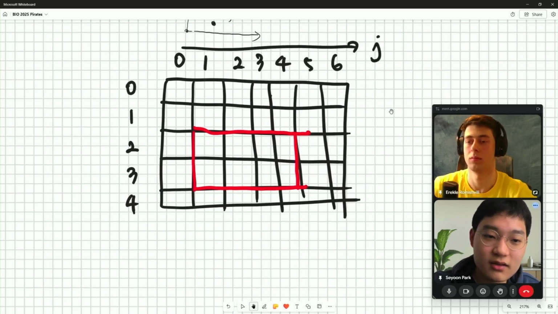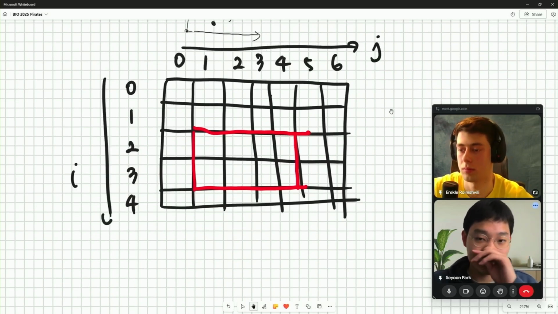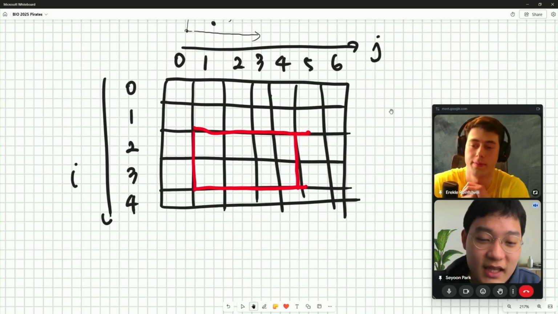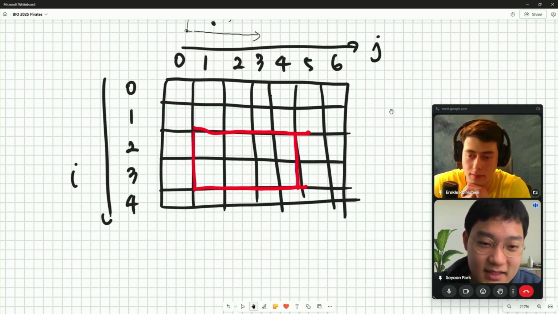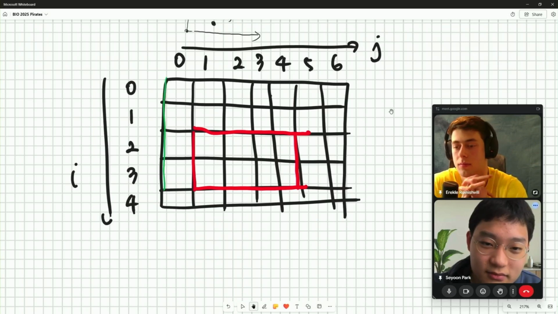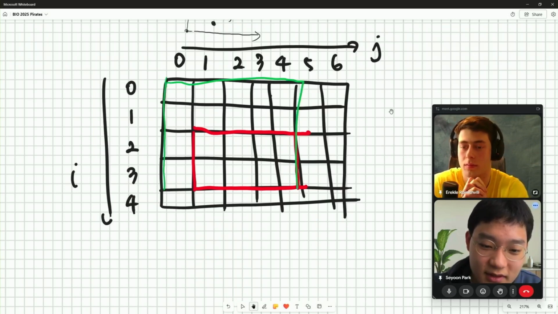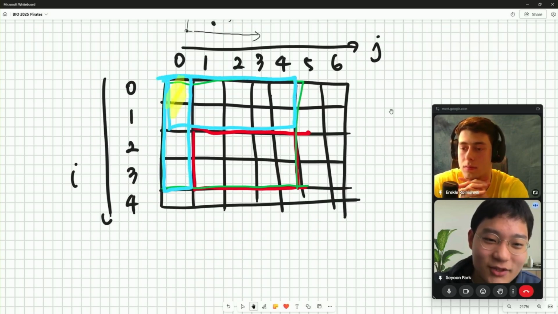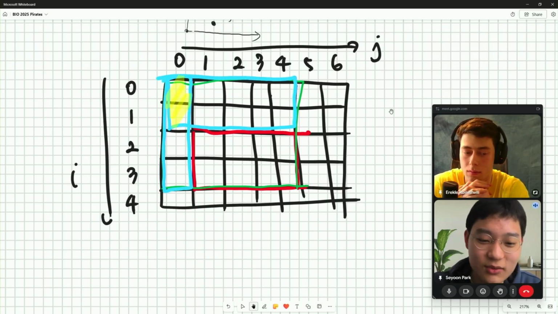That's J, that's I. If I want to get that rectangle, that's the same as getting this rectangle, and then subtracting this rectangle and this rectangle, and then adding in this rectangle because it's been subtracted twice.